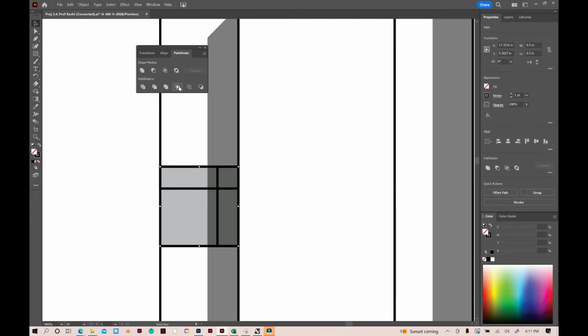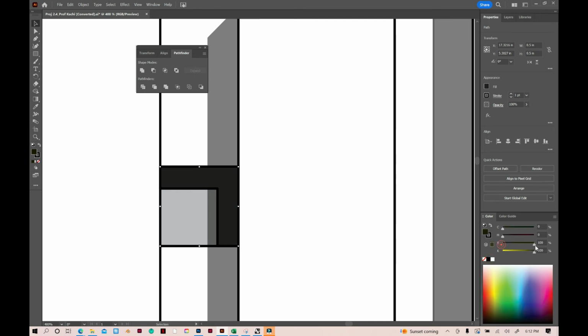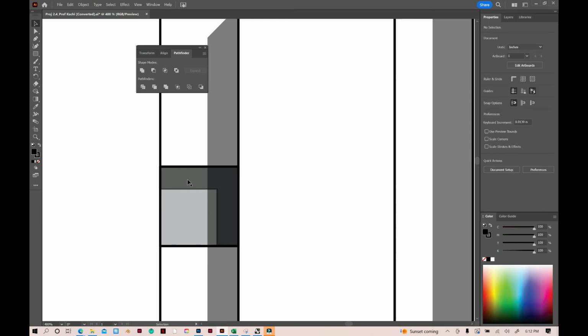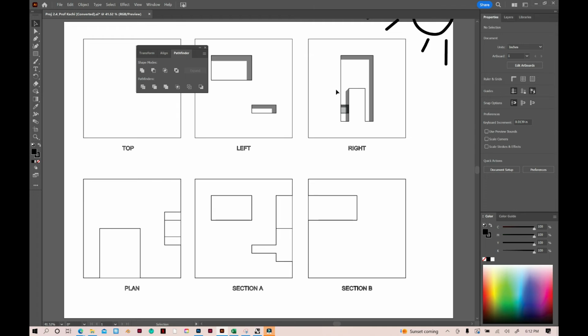Highlight, unite, fill with black, change the opacity. So this is fine because this would be darker. So now we see